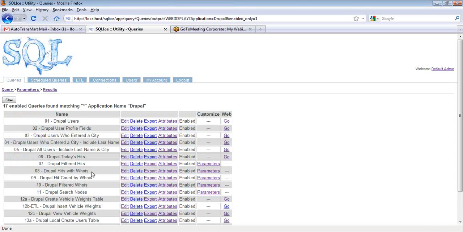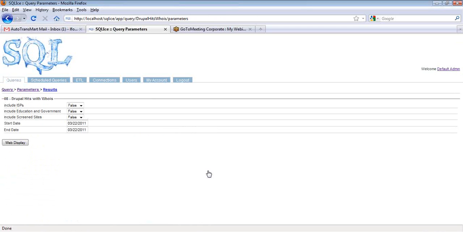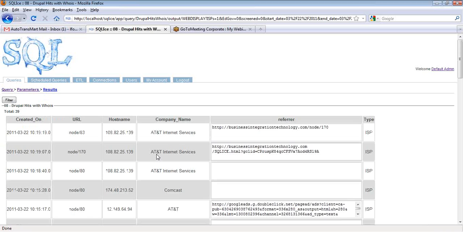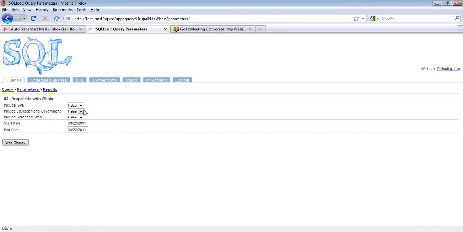Okay, so now this who is, Drupal hits with who is. Let's see. So I have a who is table that I've created that basically has all of the IP addresses for people who've hit our website, have been looked up in the ARIN who is database and recorded, including the range of IP addresses covered by that. And then I've characterized those who is records in that public ARIN database as to whether they are what I would call prospects, which are regular companies, whether they are government/educational institutions, or whether it was simply registered to an